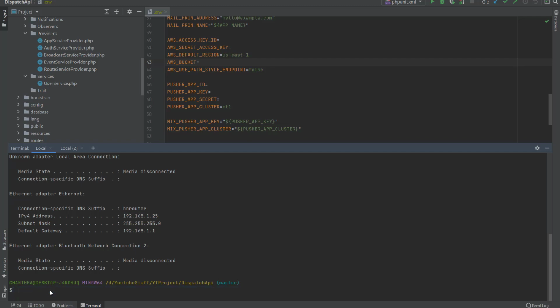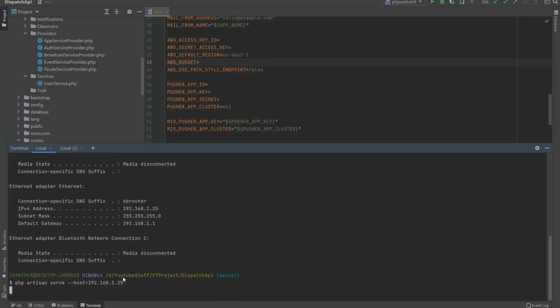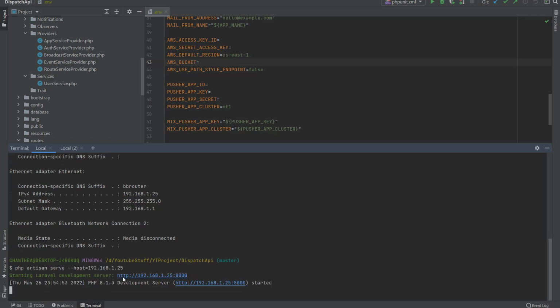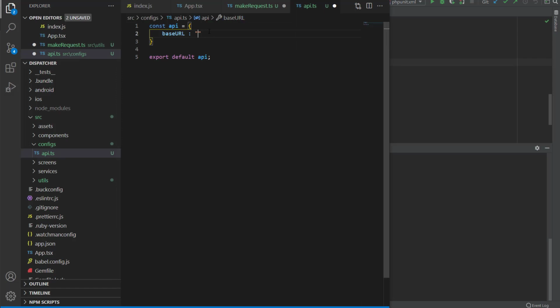But to access it in our React Native app, we have to host it with the IP address. So we call php artisan serve with host, and then we use this IP address. Alright, so I'm gonna copy this as our base URL here, and then we will have the prefix here, API v1. So I'm gonna call it base URL v1. This one should be like this. Okay,